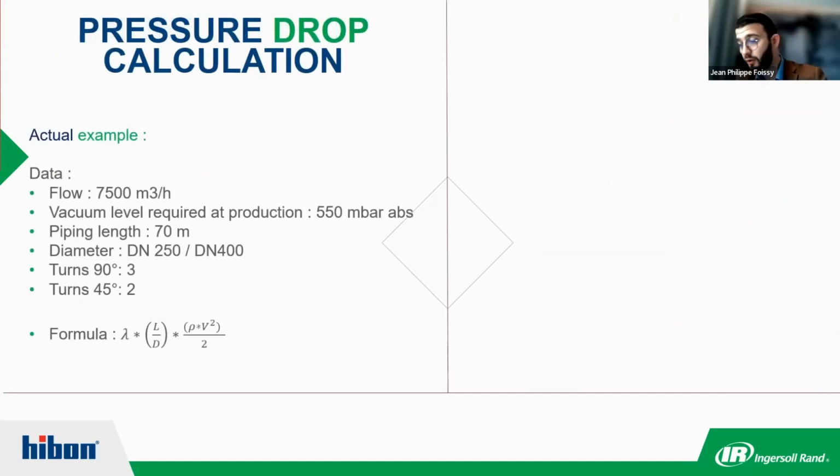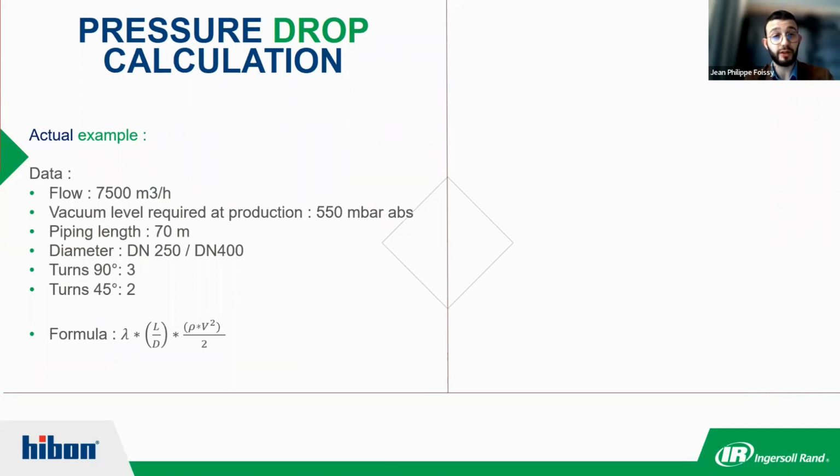Why do I say that it avoids compensating with a higher flow requested? It's because of the formula we just saw before, P1 F1 is equal to P2 F2. It's also something that you can apply when you have pressure drop. So another actual example: we will keep the same flow, same vacuum level. We will take 70 meters of piping length and two cases, one DN250, one DN400. The formula that you can see is the formula used for pressure drop calculation using the Darcy friction coefficient and also the Reynolds number, depending on the